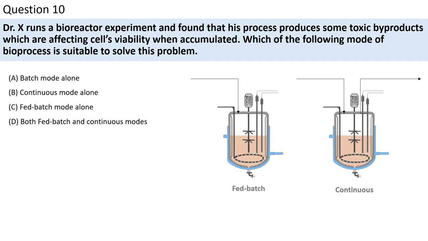Continuous mode is one of the obvious answers, but yes, fed batch is also one of the main ones. If a very high substrate concentration, for example 200 grams per liter of glucose, is given at the start of the medium, it will be too much for the cells. The cells will start utilizing it for all the other unnecessary pathways also. Say, for example, your product of interest is lactic acid, and as the concentration is very high,